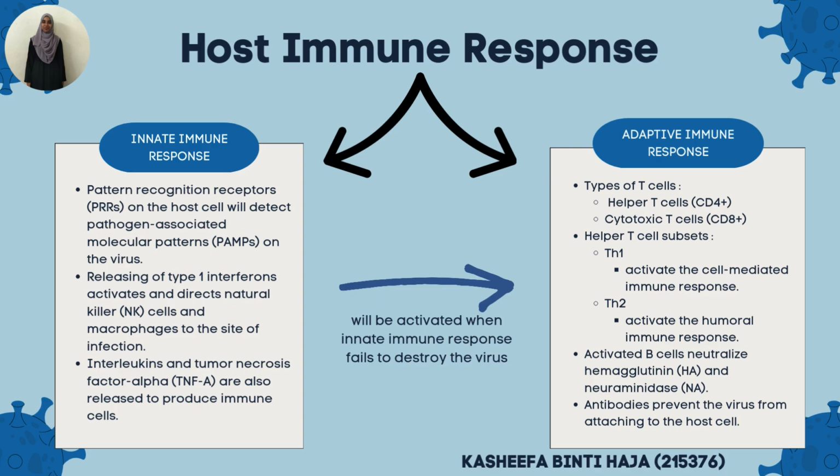In adaptive immune response, T cells and B cells are the heroes. There are two types of T cells, which are helper T cell and cytotoxic T cell. Helper T cell will be differentiated into two subsets, which are Th1 that will activate the cell-mediated immune response and Th2 which will activate the humoral immune response. Activated B cells will neutralize hemagglutinin and neuraminidase, while the antibodies will prevent the virus from attaching to the